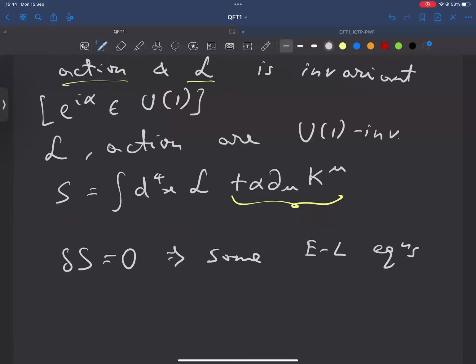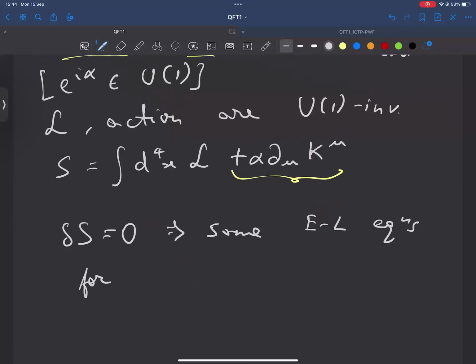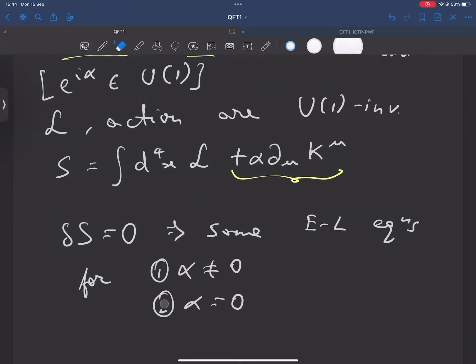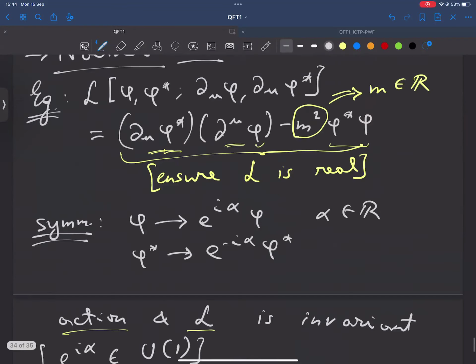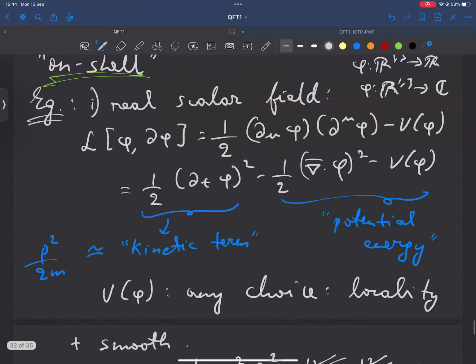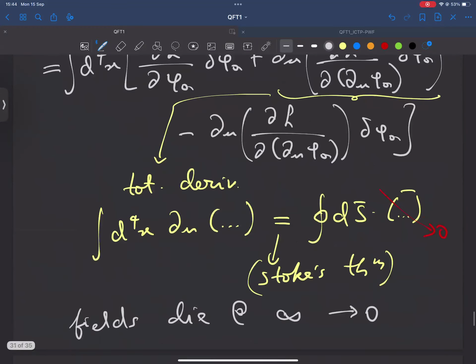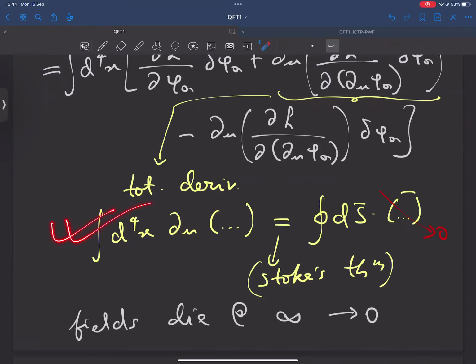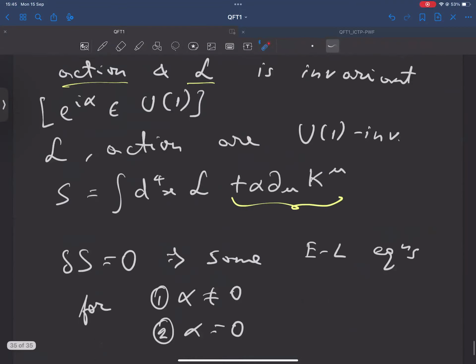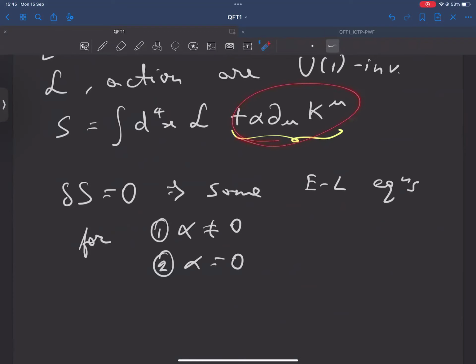So let me put a coefficient here for the case alpha non-zero and the case alpha equals 0. The reason is, as we had argued before, we will drop these boundary terms. Like we did here, we drop total derivative terms like this, because you can write them as a surface term, a term at infinity, and there is an assumption that my fields die at infinity, so you can neglect those terms. So hence it's a very trivial exercise. You can show that any piece like this will also